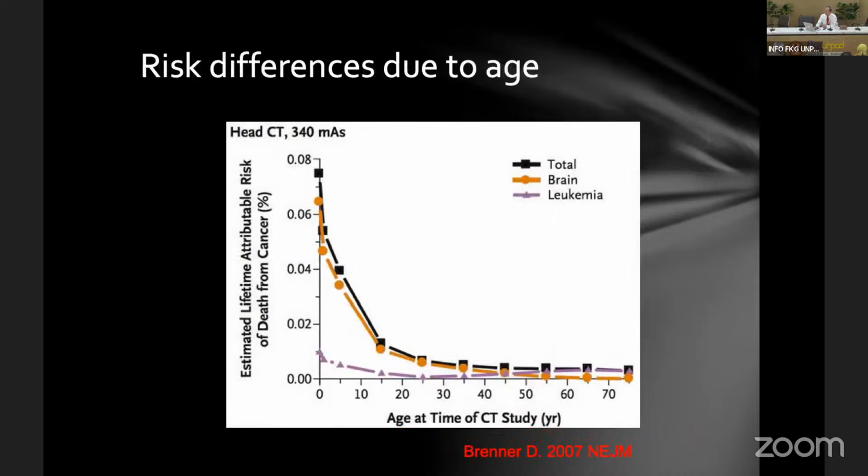This shows the risk difference between ages. You can see that younger patients are much more radiosensitive than older patients. The good thing for implants is that most patients are older, but for orthodontic treatment, patients are usually younger, so they are more radiosensitive than adults.